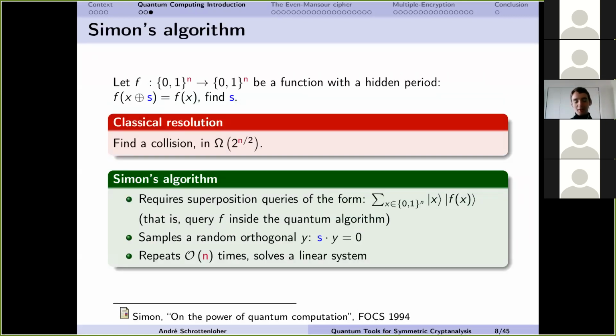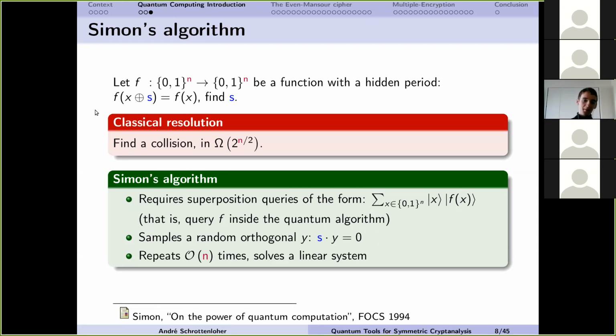The second tool that we're going to be using is Simon's algorithm. Now, Simon's algorithm actually precedes Shor's algorithm. It has a very similar structure, but it has become very popular more recently because we're now using it in symmetric cryptanalysis. It solves the following problem. It's a hidden period problem, but with a Boolean hidden period,